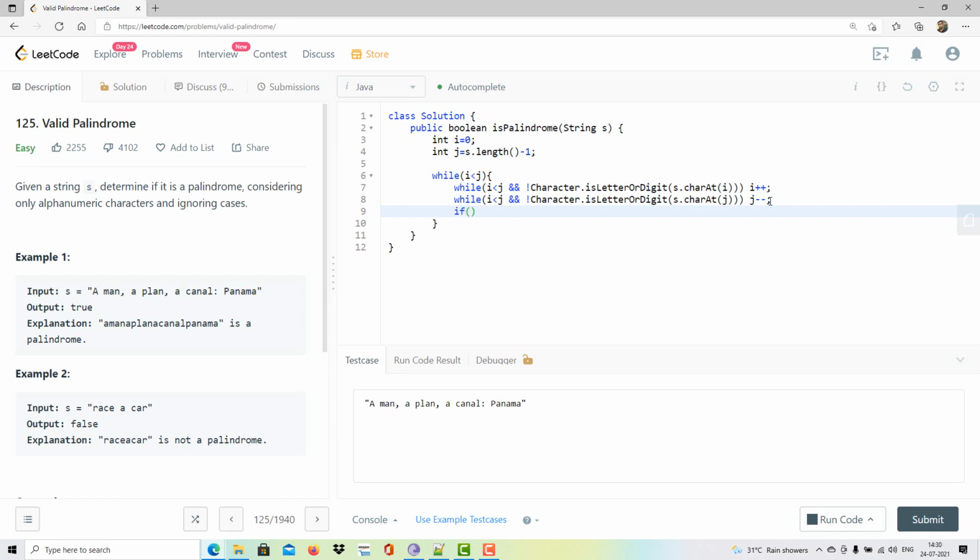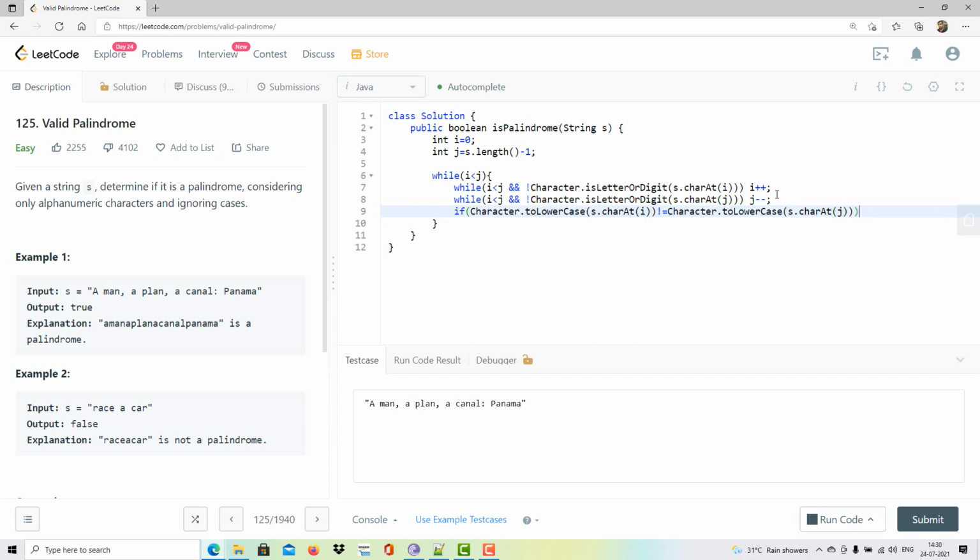So I'm going to compare the characters at i and j now. Character.toLowerCase(s.charAt(i)), and if it is not equal to Character.toLowerCase(s.charAt(j)).